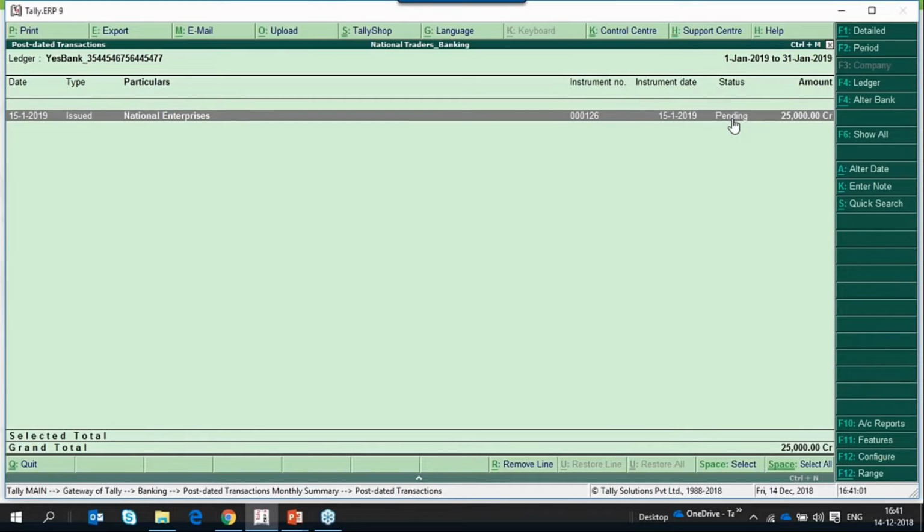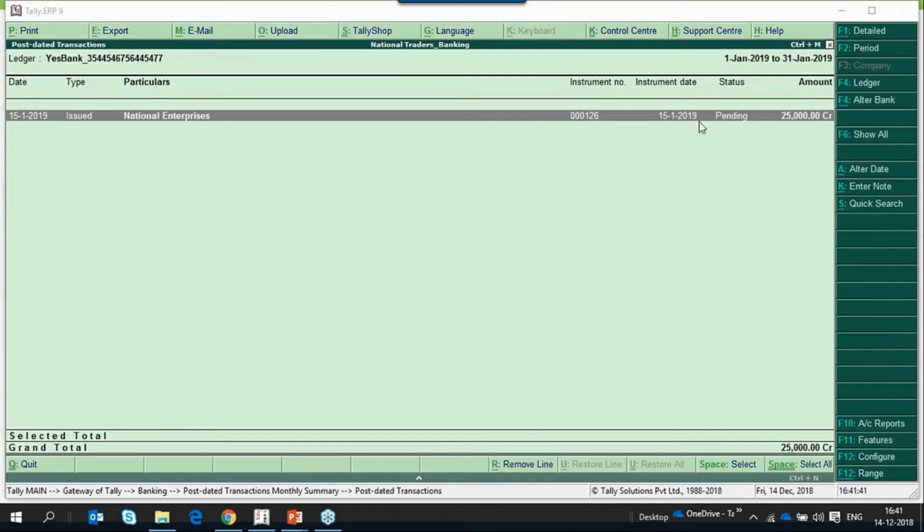If the date 15th Jan 2019 occurs, then this transaction will automatically be converted to a regular transaction. And after reconciling this transaction, the status will turn to reconciled. So that is how we can track the post-dated transactions using this post-dated summary.